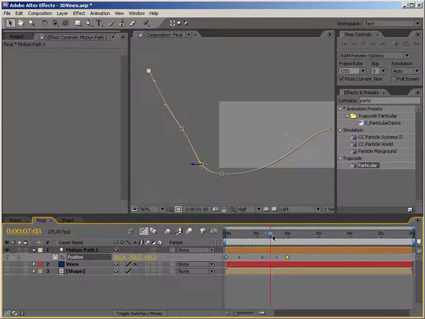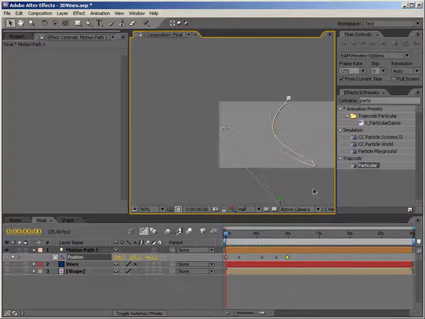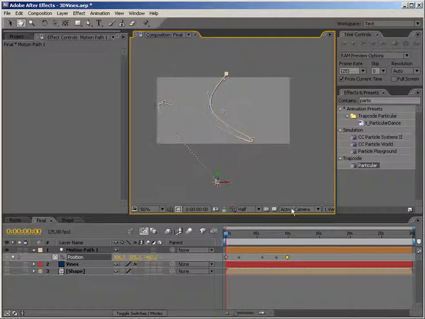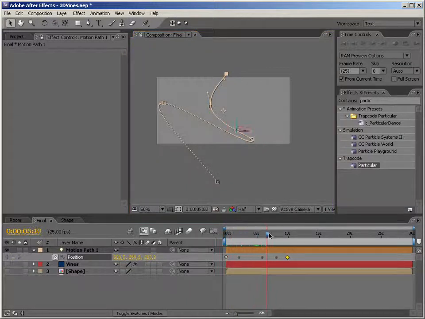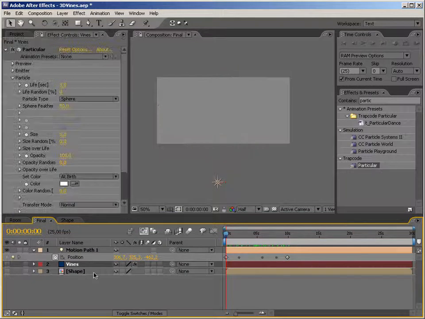So basically this is our motion path that we're going to use as our extrusion path, and from the camera view it looks something like this, which I think is exactly what we need. Okay, so right now let's move back to our particular layer. We can turn off the motion path for now,